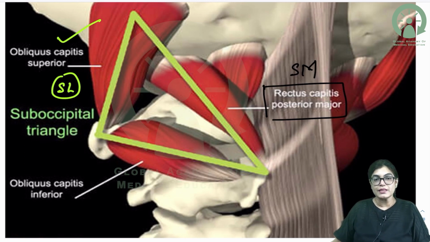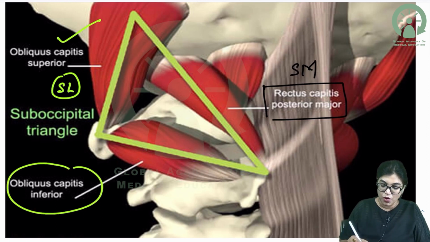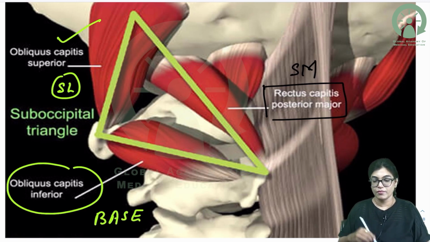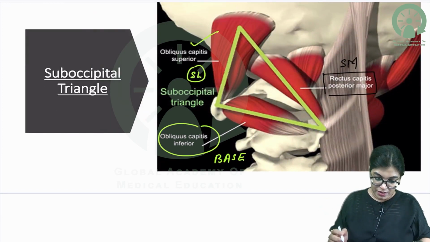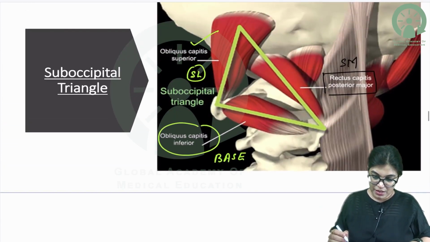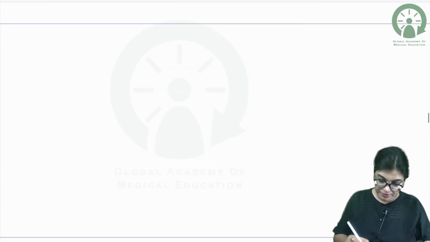Supromedially, the boundary is by rectus capitis posterior major. Suprolaterally, it is bounded by obliquus capitis superior. Obliquus capitis inferior is forming the base or the inferior boundary of suboccipital triangle. So, just write down the boundaries. Boundaries of suboccipital triangle is,